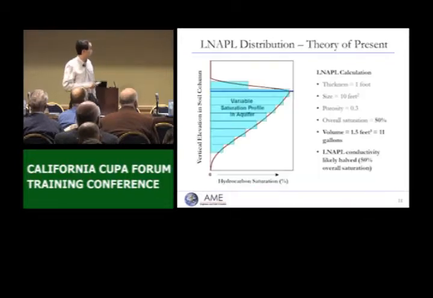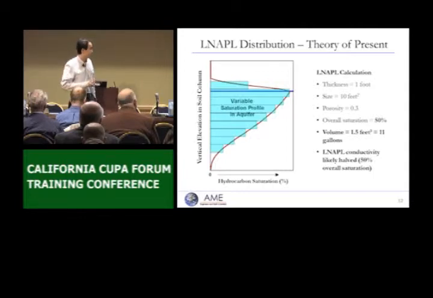All right, using current theory, we can make this calculation. Again, say all the others are the same: thickness, size, porosity. The difference is saturation changes. It used to be 100%. Now if you do the calculation here, integration, calculate the area. Well, let's assume this is a triangle. So the area is about half of the pancake model. So we got saturation only 50%. You plug that in, you calculate the volume of the oil. You got only 11 gallons, which is roughly 50% of the pancake when you're using the pancake layer model to